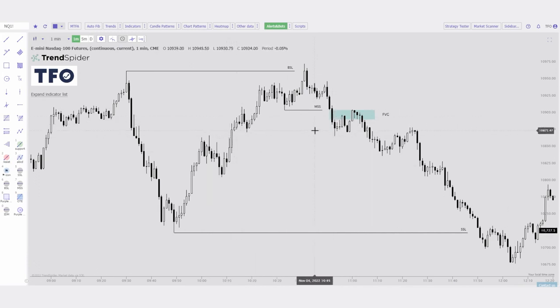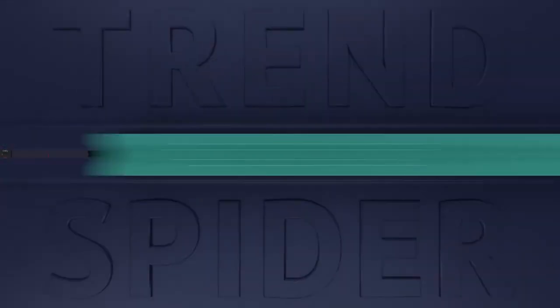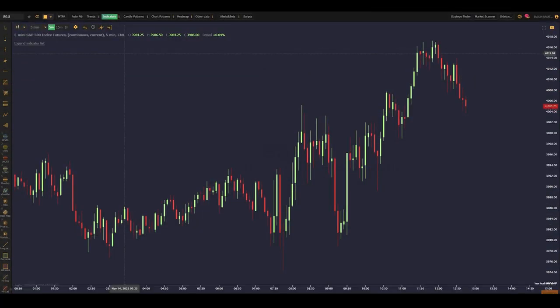But when you have this case where price takes out liquidity and then breaks market structure by creating lower lows, or higher highs in a downtrend, then you would ideally want to see price retrace into this area for a fair value gap to potentially get short, targeting the other liquidity that is often paired with the initial one. Finding fair value gaps is as simple as adding an indicator to your chart on the TrendSpider